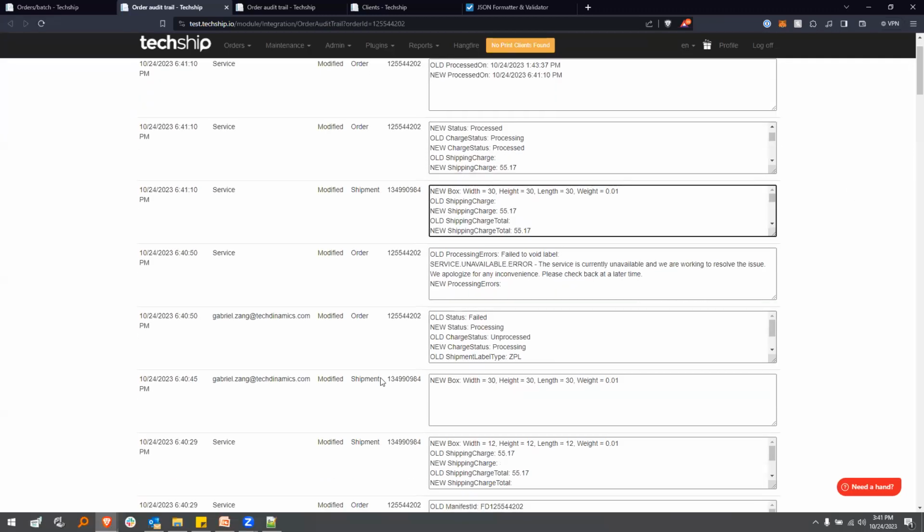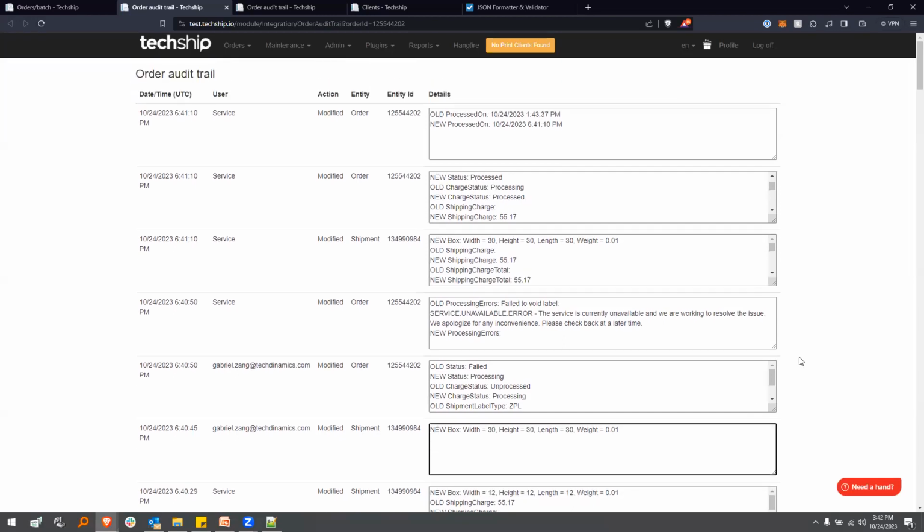Now, the actual change of that is under my signature here. Okay, it's under my user. Okay, and as you'll see, it will say new box, this weight, this length, and this width. Okay, over here you have the previous value. So the logs are ordered from newest to oldest, so you can keep good track of what was done when